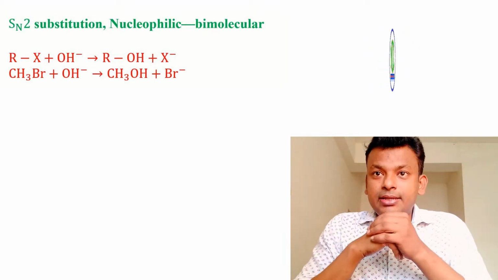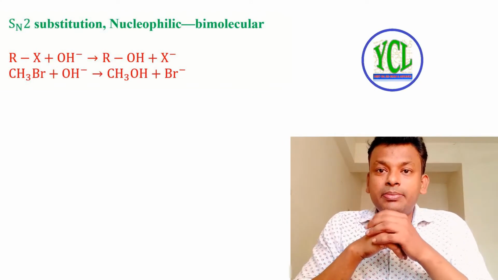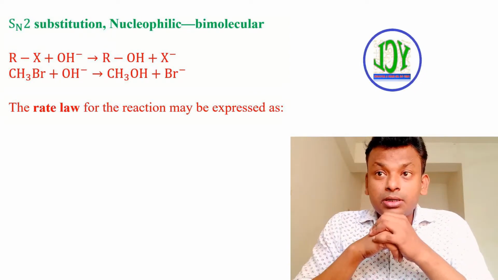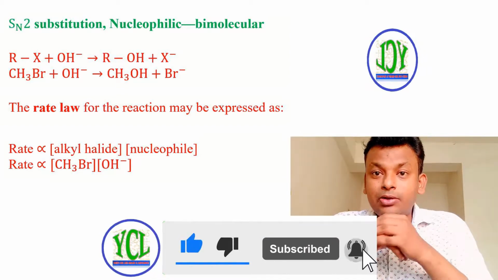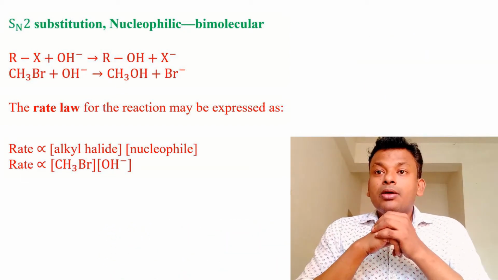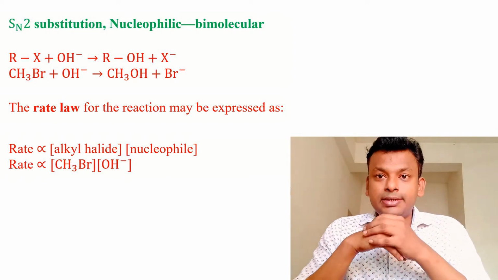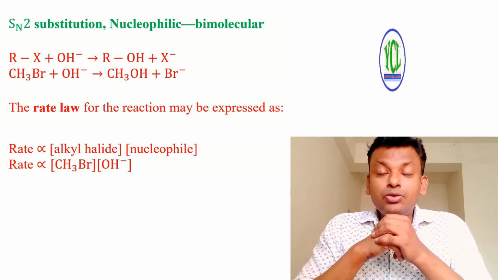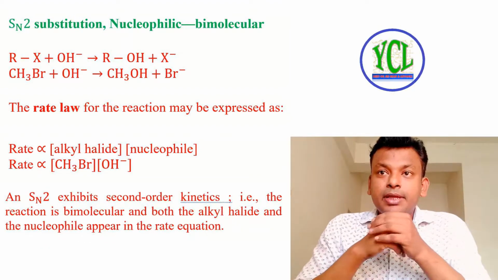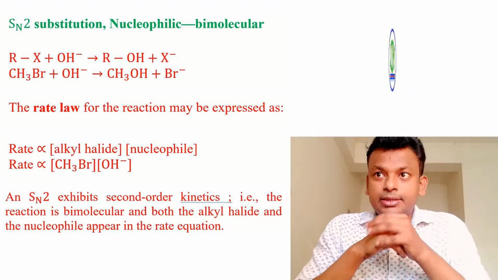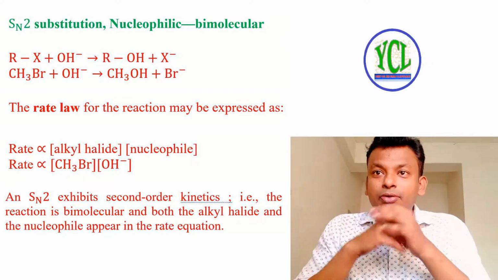In this reaction, that is CH3Br plus OH negative gives CH3OH plus Br negative, the rate law for the reaction may be expressed as rate directly proportional to concentration of alkyl halide into concentration of nucleophile. That is, rate is directly proportional to concentration of CH3Br into concentration of OH negative. And SN2 reaction exhibits second order kinetics, that is, the reaction is bimolecular and both alkyl halide and the nucleophile appear